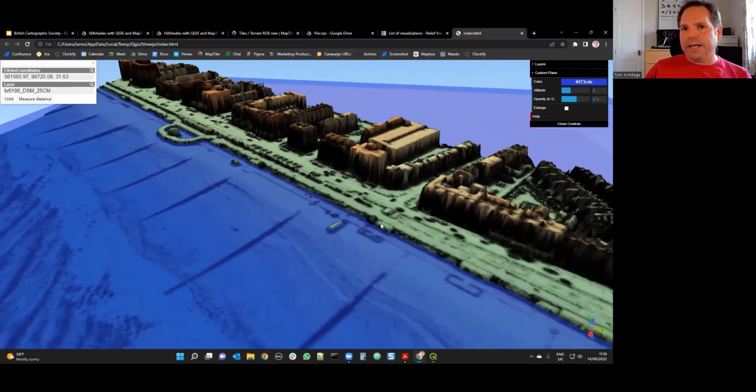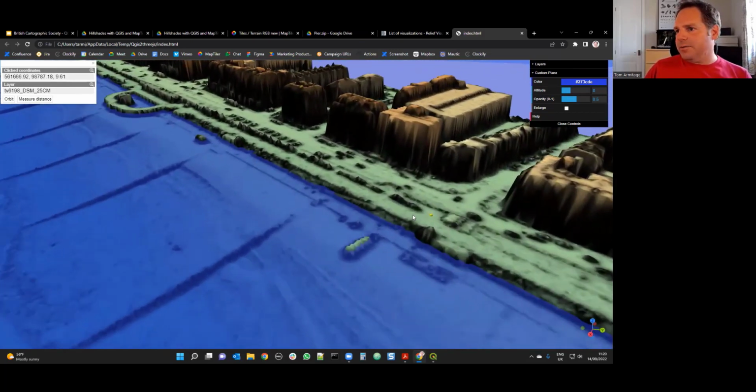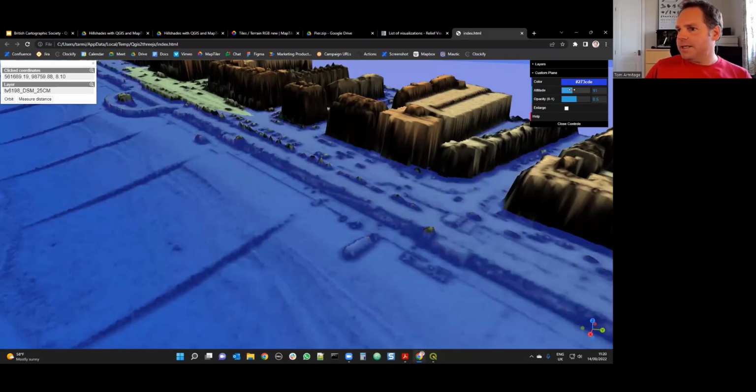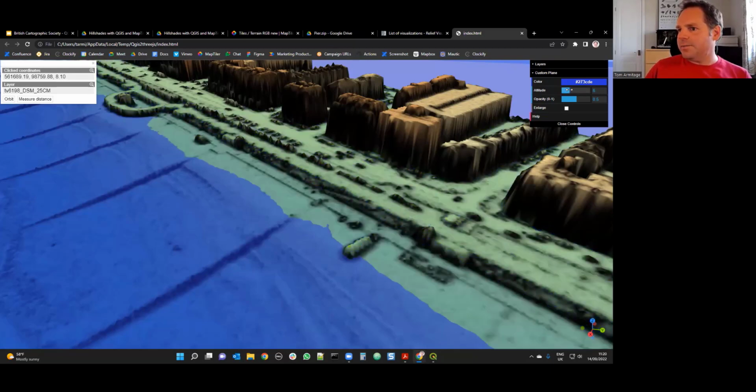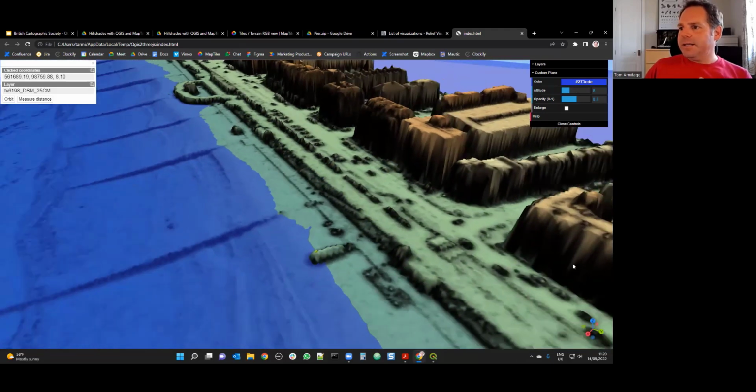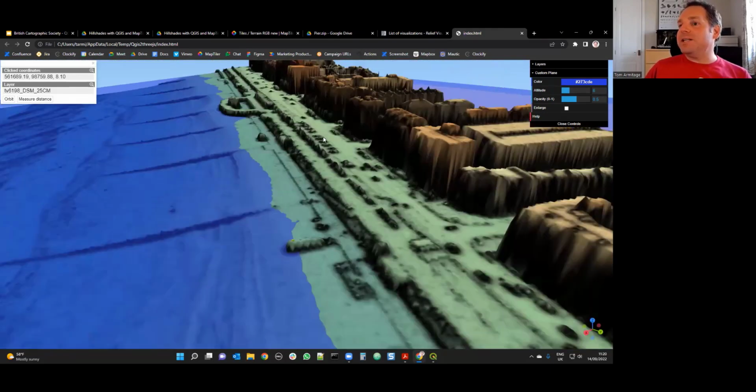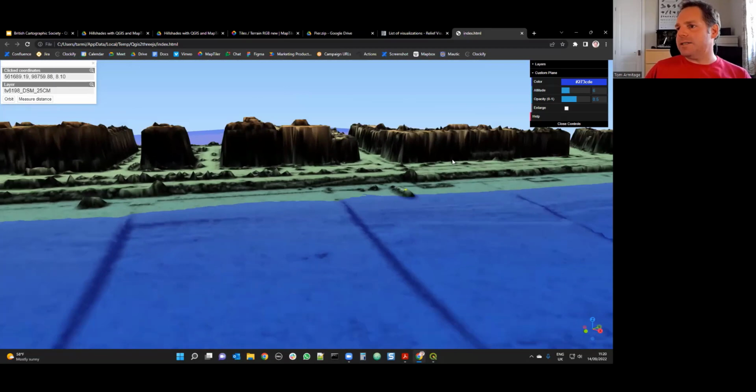Down on the road here, it leaves these little yellow blobs wherever you've clicked, and so that's 10 meters above sea level. So we've got our sea level at 8, so that's 8.1, and then if we take our sea level up to 9, it goes over the top of the yellow blob. So this is a really good way of being able to interact with the model and finding out altitudes, but it's